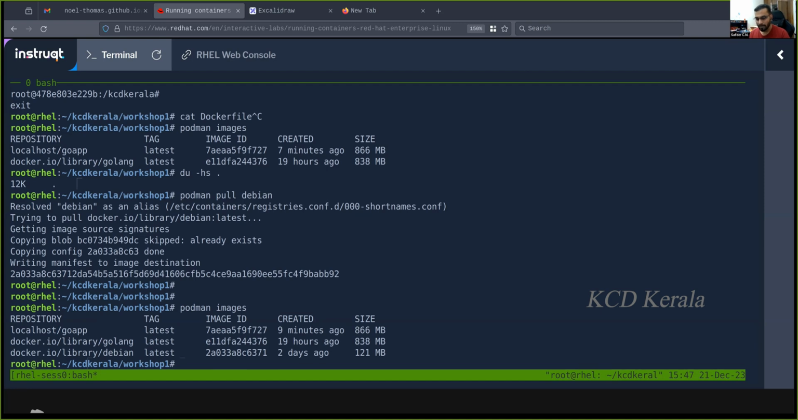But then why is that Golang image, which is using the Debian image as a base, taking up so much? Because it has all the development tools, Go packages, Go runtimes, everything is added into that image. But to run that main program that we created,